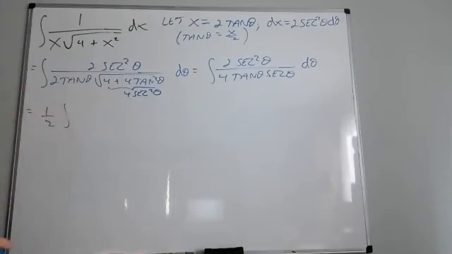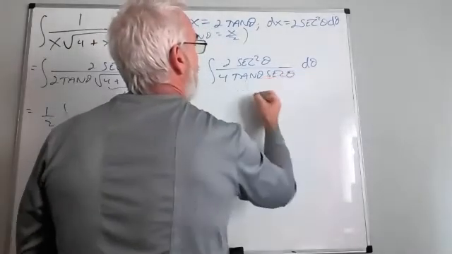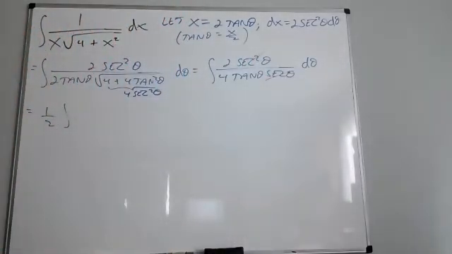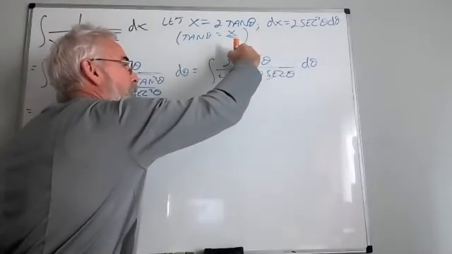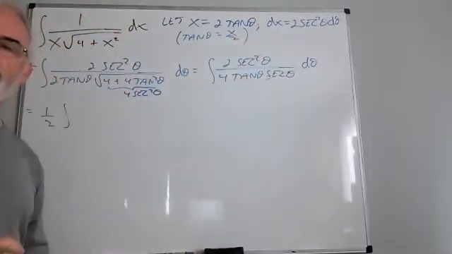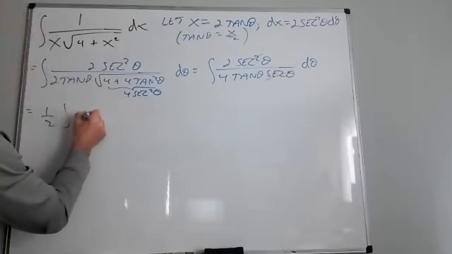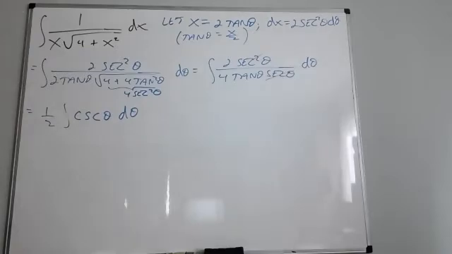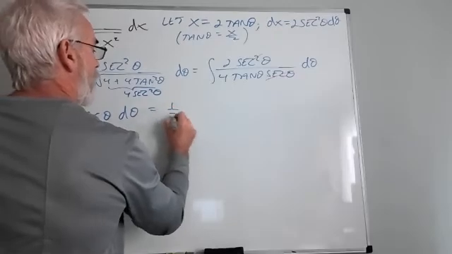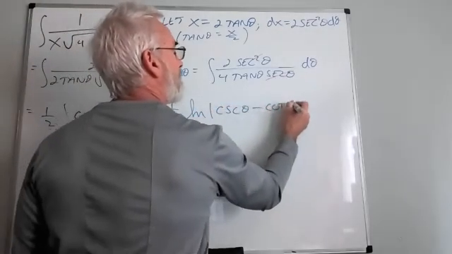But now what am I going to have in my integrand? Well, I'm going to lose that secant and one of these. So secant theta over tan theta. That's 1 over cosine over sine over cosine, which is the same as 1 over sine, or cosecant. So this is simply cosecant theta. Now, we don't love cosecants and cotangents, but this is a simple antiderivative. We know the antiderivative here is going to be 1/2 the natural log of the cosecant theta minus the cotangent